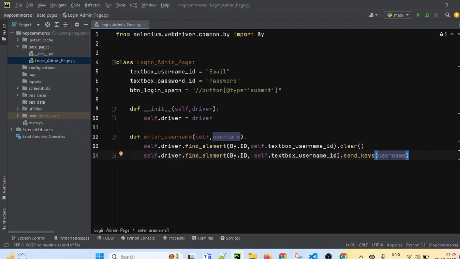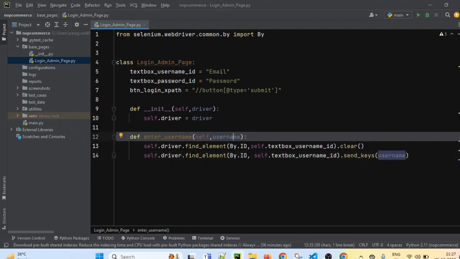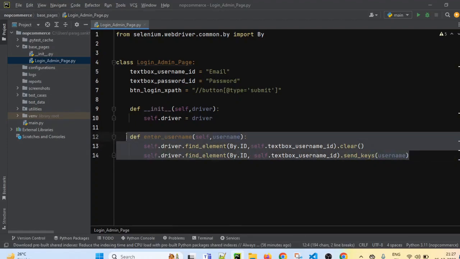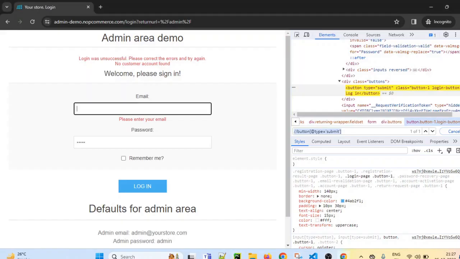This value we will get from our test cases. Whenever we call this method enter_username, we will pass this username value, and that will be accepted here and passed in that username field. So this is the first action method for entering the username.